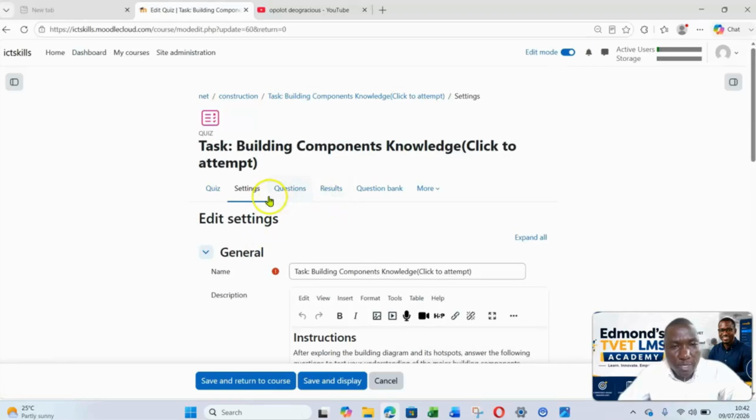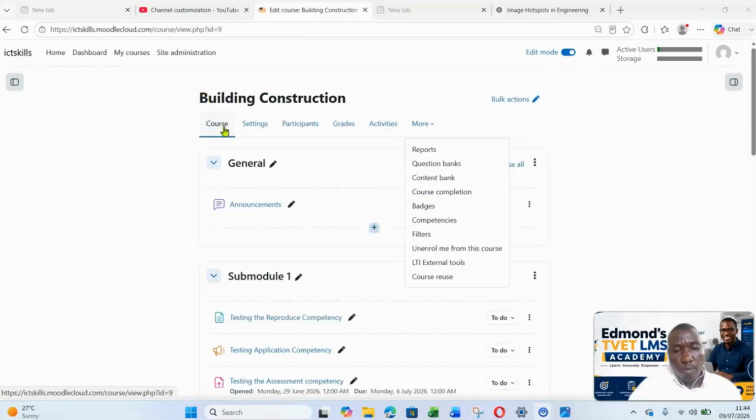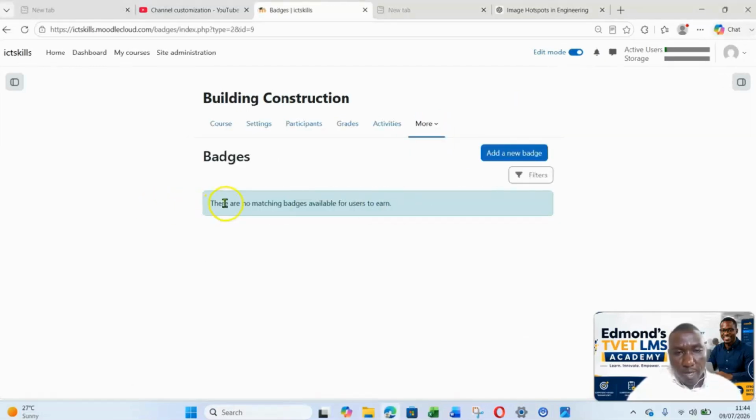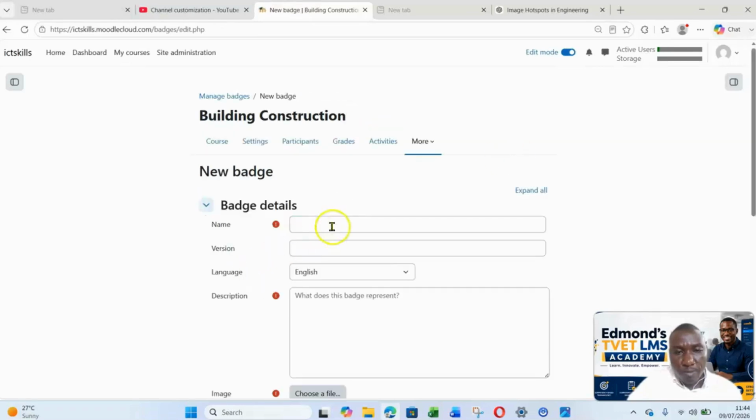So how do we create the badge? Okay, so now to add a badge to our course, we shall come to course. Under more, we have badges. Okay, so there are no badges available for users to earn right now. We go and we add a new badge. So we give it a name. I'll say